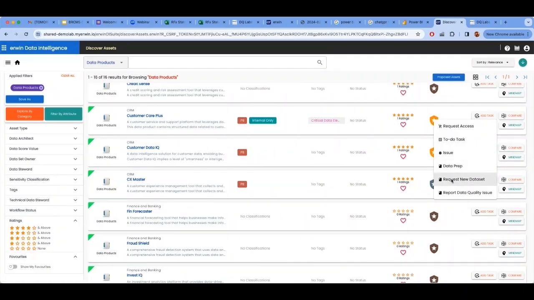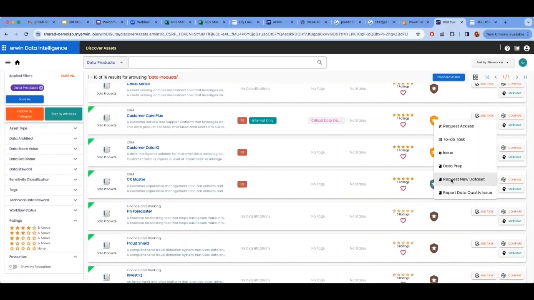And by the way, all these tasks which I'm showing you on this screen, there is a workflow behind it, and we have a model-first approach. Imagine if I request a new data set, it goes all the way back to the modeling. Our architects and modelers look at the request, they model accordingly, and then that model gets pushed into this data intelligence catalog. We can create the mappings and the pipeline on the fly automatically.